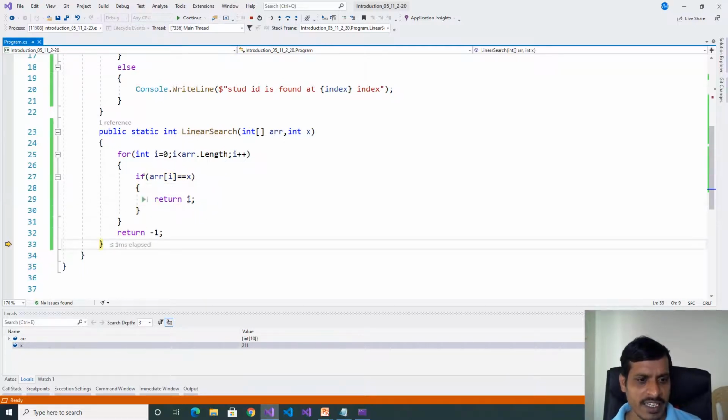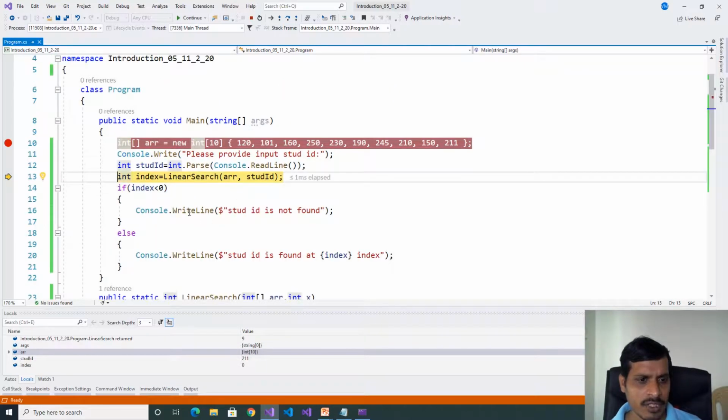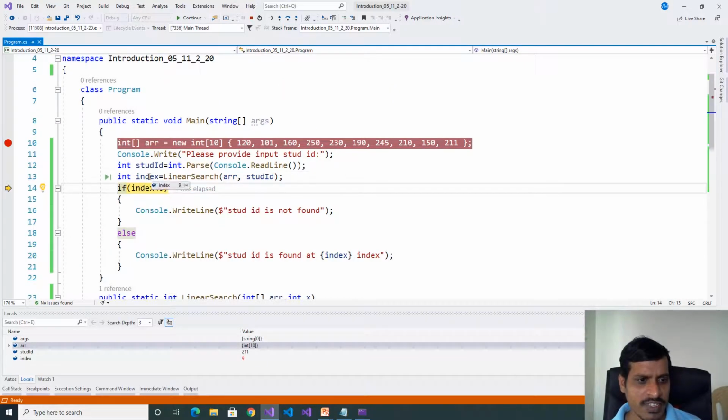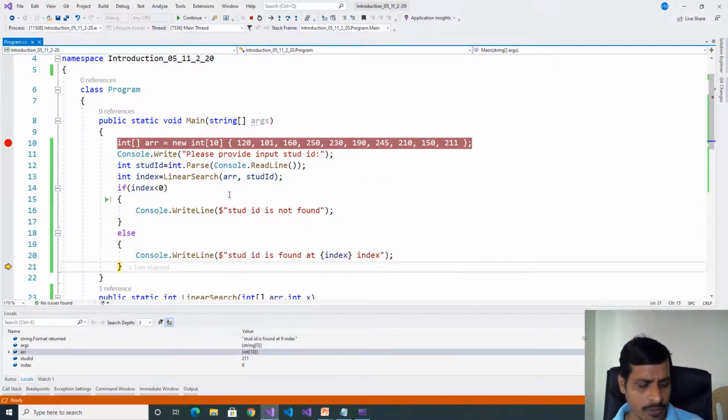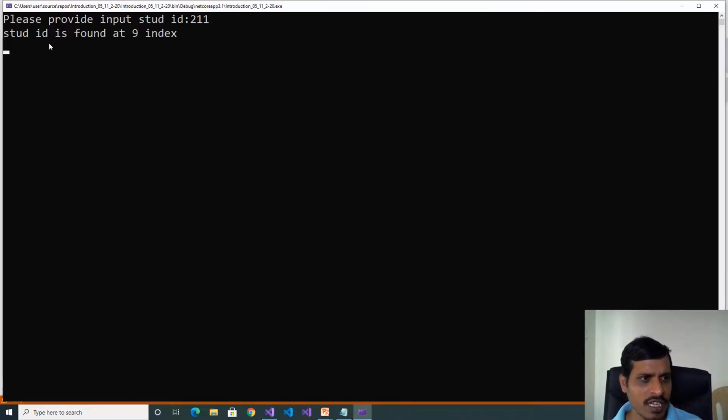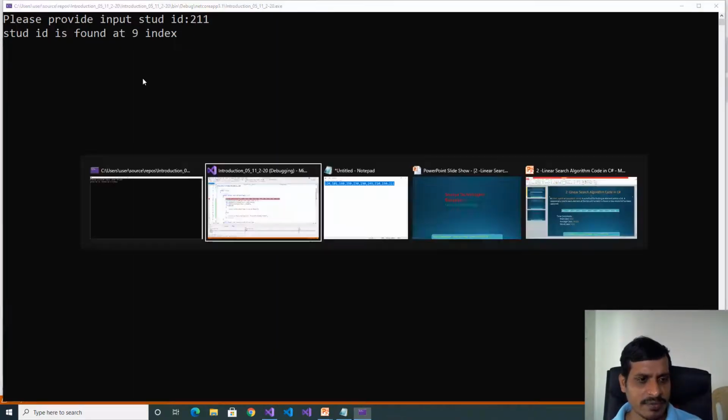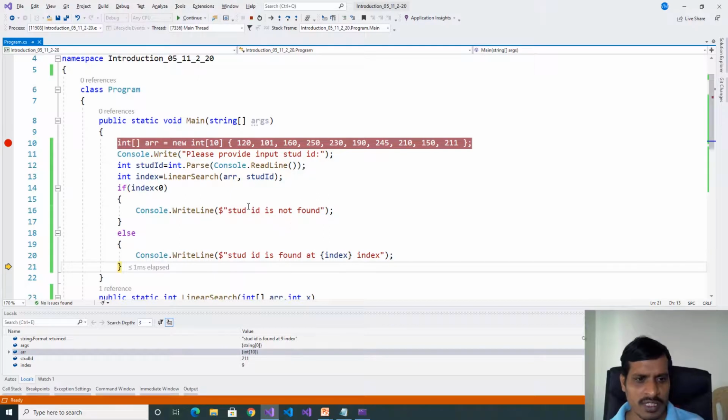Here it returns the index. Index is equal to 9. So we store the index in this variable. It takes 10 iterations and prints the output: student ID is found at 9th index. This is the worst case. It takes 10 iterations to find the item. So time complexity for the worst case is big O of 10.